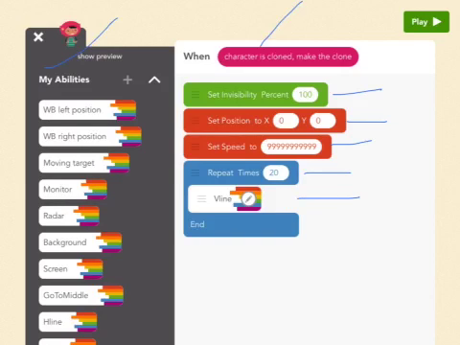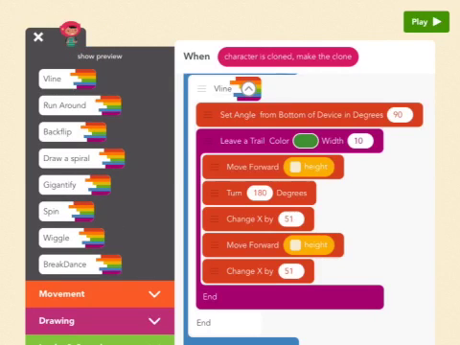a vertical line. In fact, what we're going to do, we're going to start and draw a line up. We're going to go a little bit to the right and draw a line down and go a little bit to the right. So we set the angle to 90. We draw a green line, which is 10 units wide. We move forward to the height of the iPad. So we use the variable iPad height, and we turn 90 degrees, change X by 51 in order to go a bit to the right and go down. We go down again to the height of the iPad and move X by 51 to start another set of